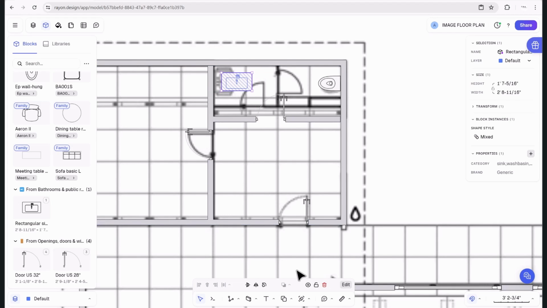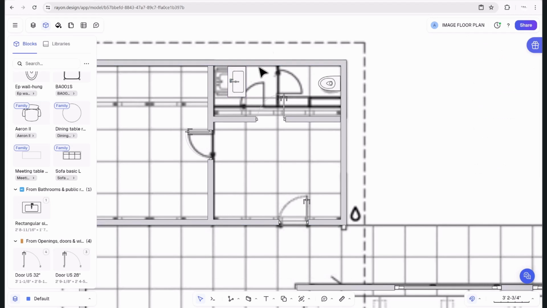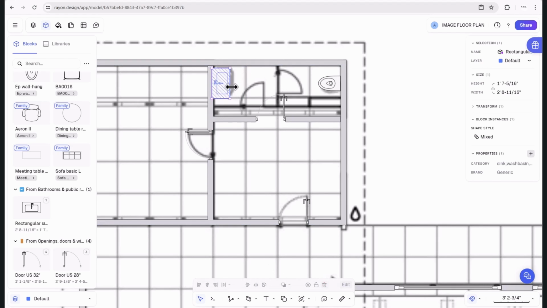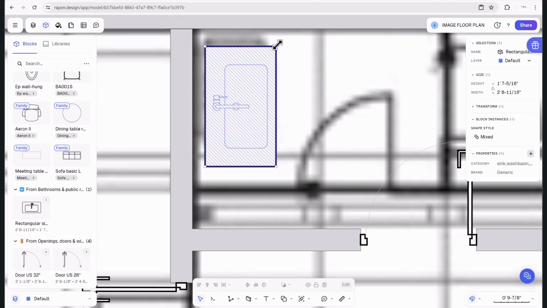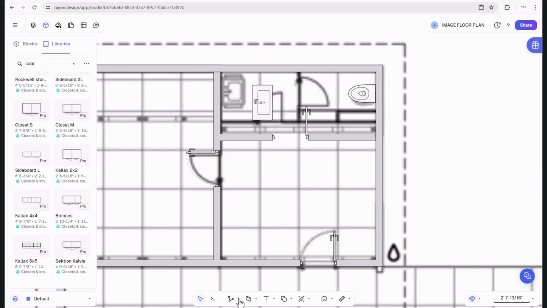We can just rotate it. And the cool thing is that all these blocks, you can resize them so easily. So if I show you here how I would do that, you can just resize it. So to add a cabinet, you can either create your own block, but we're gonna get into that in another lesson. But a very quick way of doing it as well is by just drawing a normal rectangle